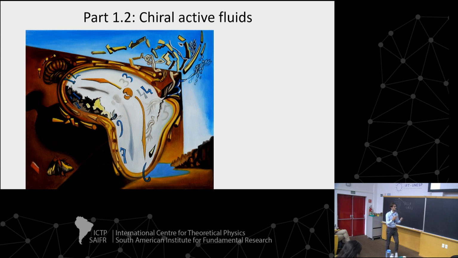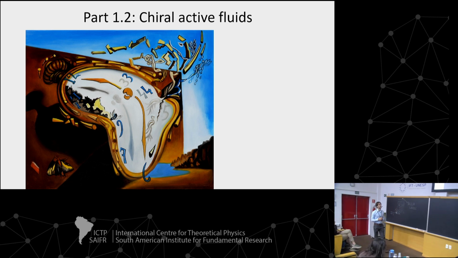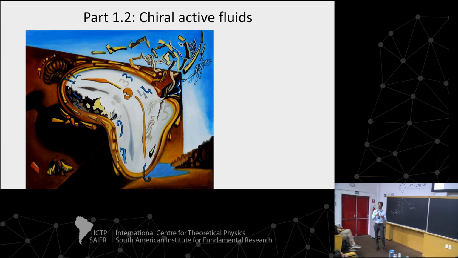We talked about spatial symmetries in polar and nematic active fluids. But chiral active fluids have, of course, a handedness to them, a kind of left-handed versus right-handed symmetry. That's what is meant by chirality, but maybe more fundamentally, they break this time reversal symmetry